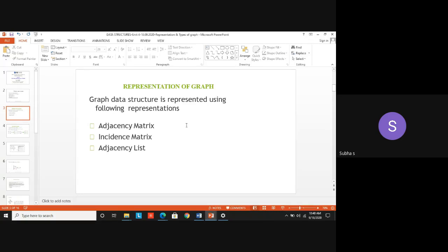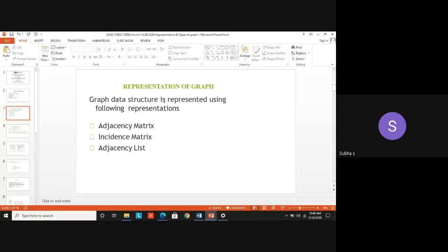Let's see all these representations one by one. It is a very important big question in graph. We have seen so many terminologies, and based on that we saw what adjacency is and what adjacent vertices are. Now, with respect to Part B questions, representation of graph is a very important question.